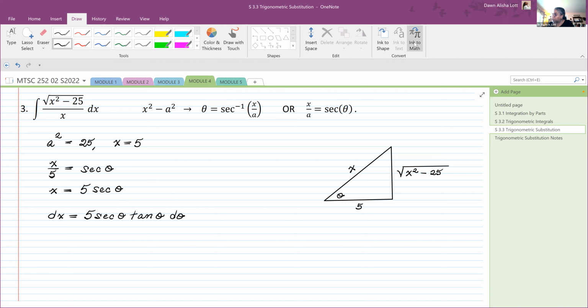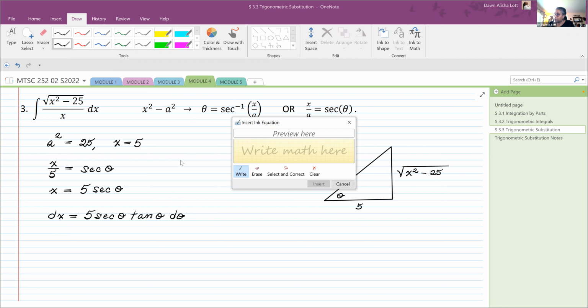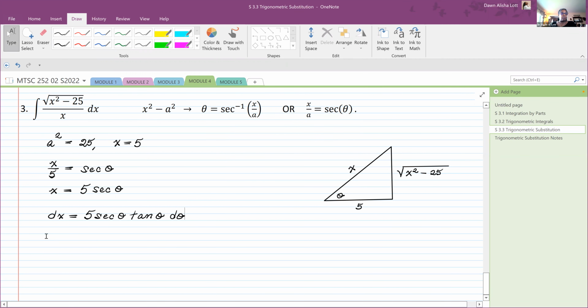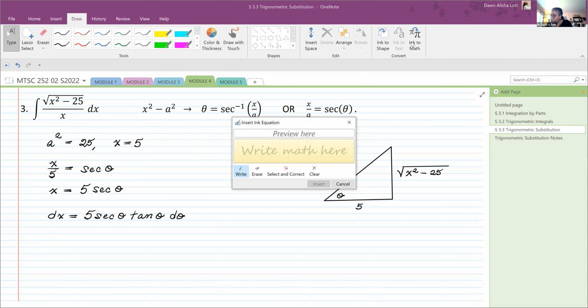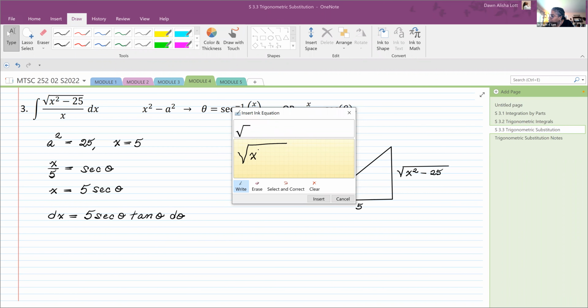Let's see how this works. So what is it? The square root of x squared minus 25